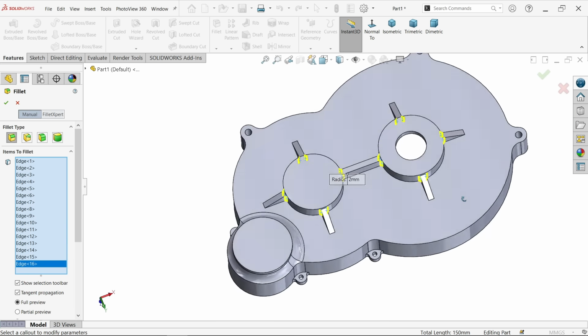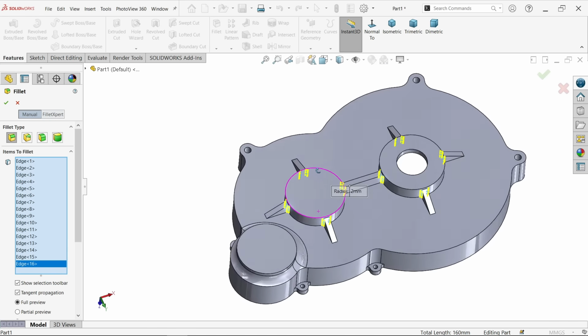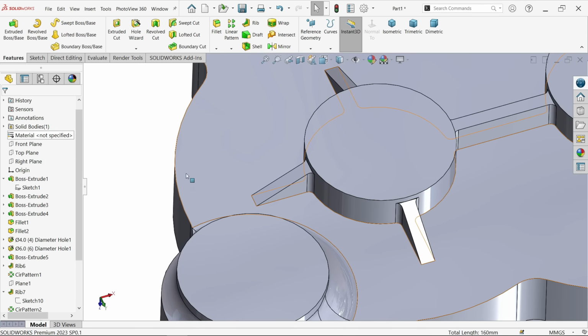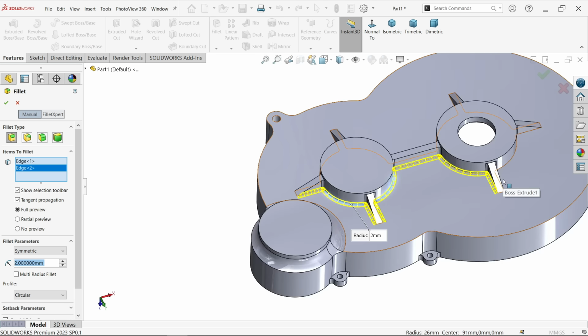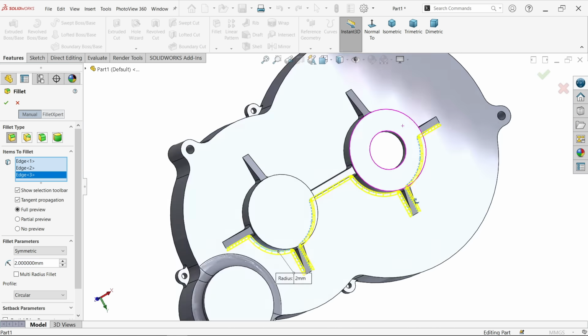Okay, let me check. 2, 2, 2, 2 here, 2 here, 2 here. All are selected. Okay. Again, and everything is same. Now let's select. See, now it's easy to apply. No need to select all the...